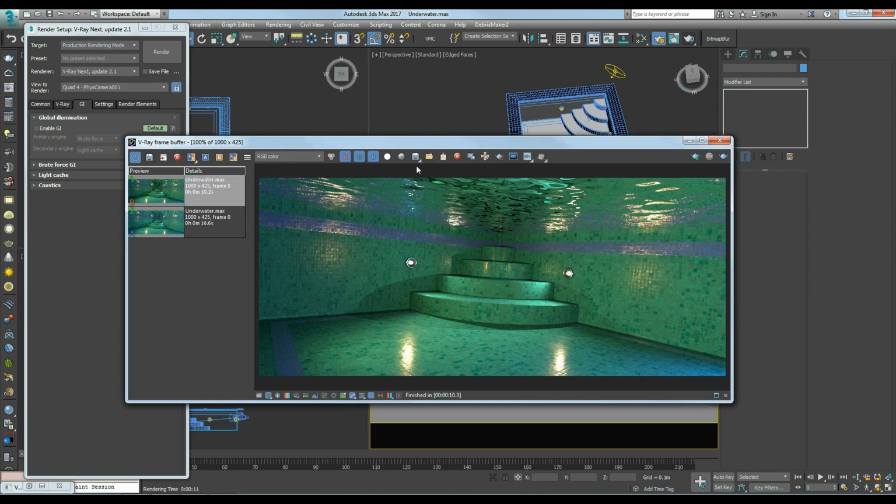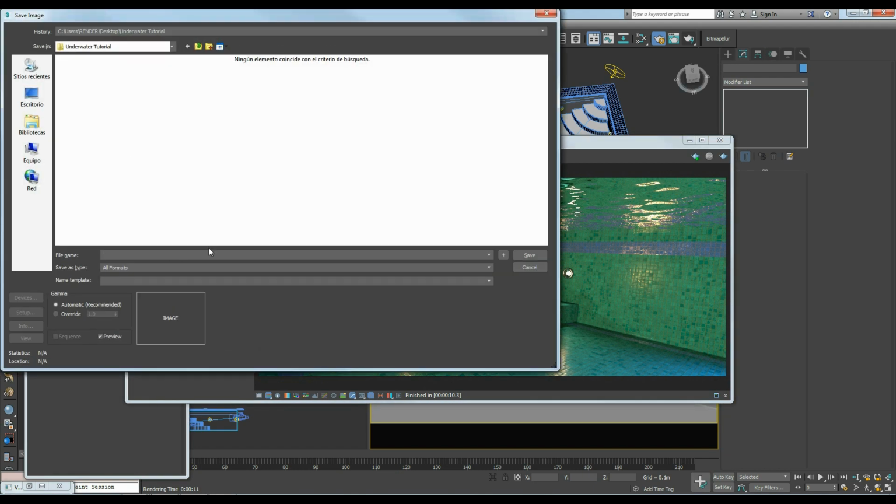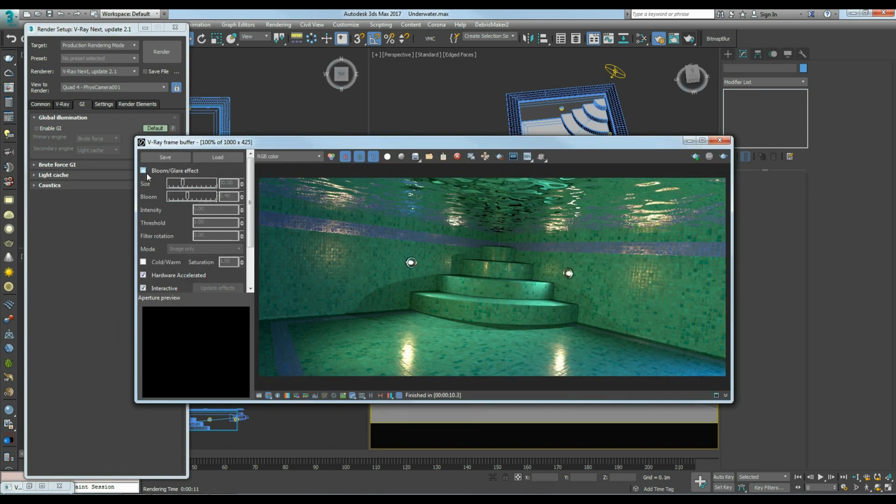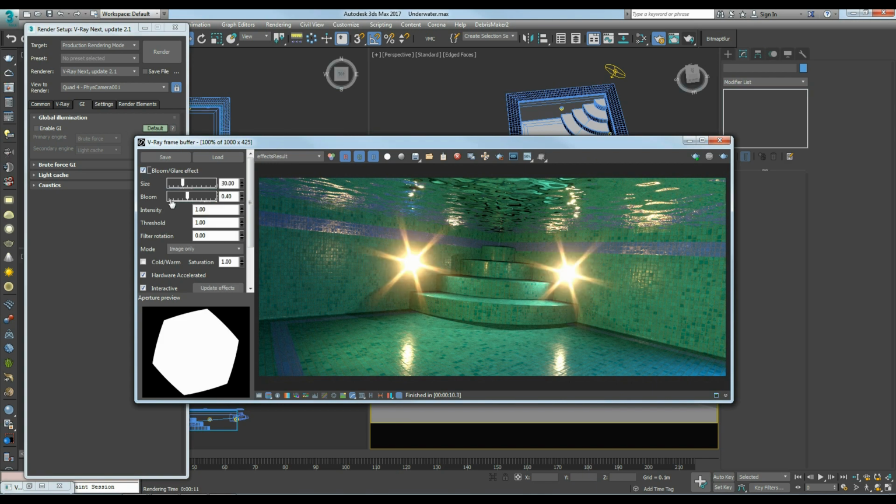So let's save this as RGB, OpenEXR. And another effect I'm going to use here is the bloom effect. So I'm going to add it. It's too strong. 7 and 0.1 and 0.5.